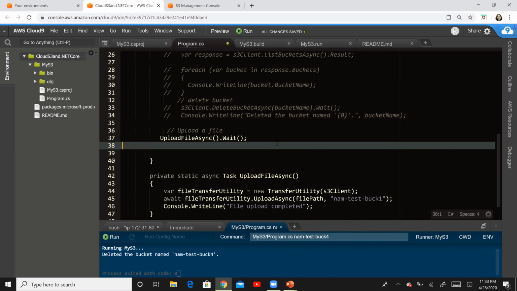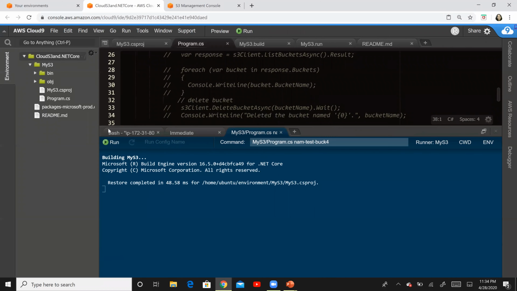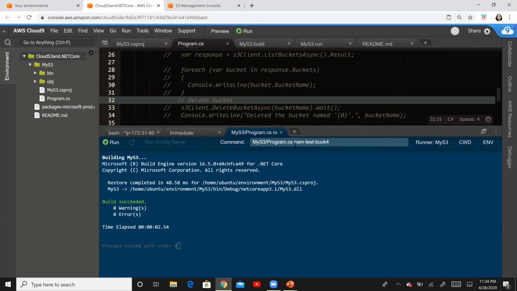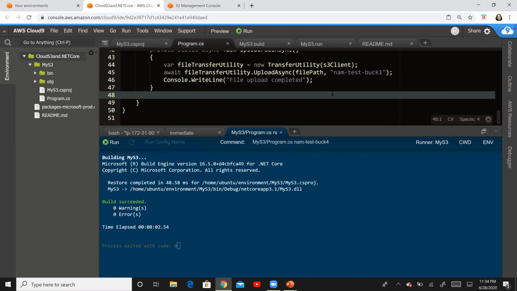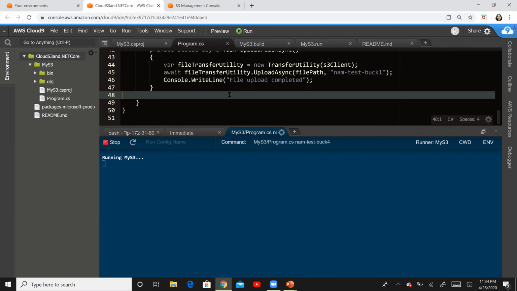Our intention is to upload README to our bucket, and our source code did compile and build successfully. So now let us go ahead and upload that file to our test bucket. Okay, so save. We have already built this. Now let us go ahead and execute this.